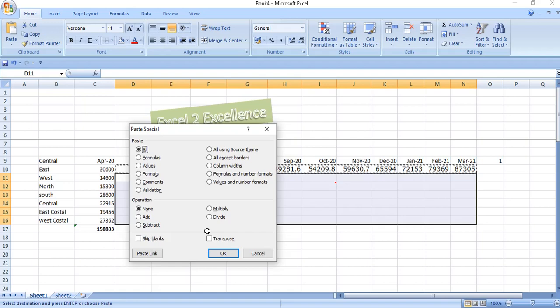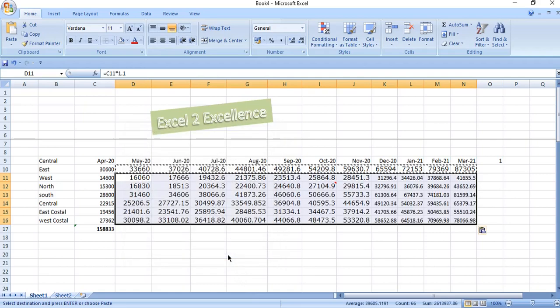From there you select the formulas. The shortcut for this is F. So to paste the formula we have the keyboard shortcut Alt E S F. Now press OK. Projected cells for all the zones for the period starting from May 20 to March 21.